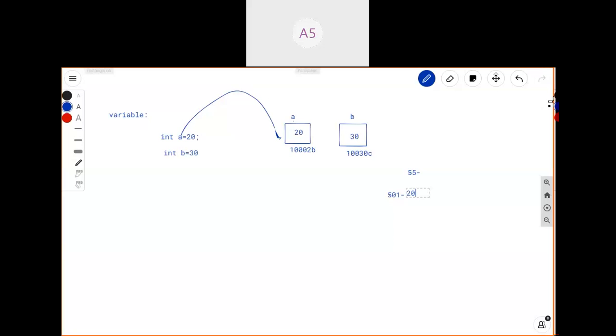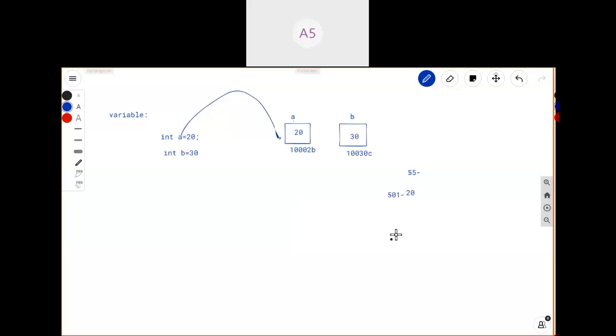To store all 55 students' data, I need to declare 55 variables here, right? For one student, one variable. But it is difficult to declare 55 variables in your program. It is a bad programming practice to declare 55 variables.